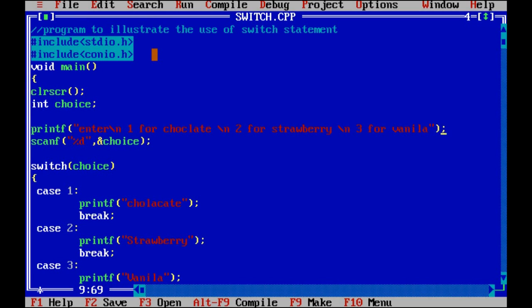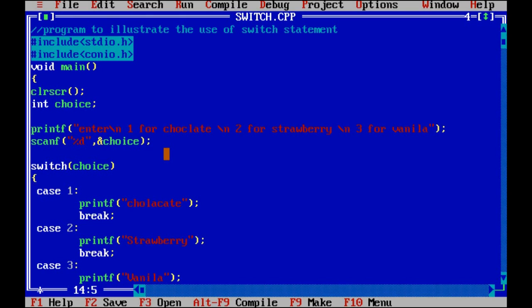So how shall we solve this program? First we will scan the value. So we use the scanf function, scanf %d, &choice. Now we start the switch statement, switch, in brackets the name of the variable wherein we have stored the value which the user has entered, which is stored in the variable choice, right? So switch choice. Now curly bracket opens. Inside this switch statement you have to open a curly bracket.